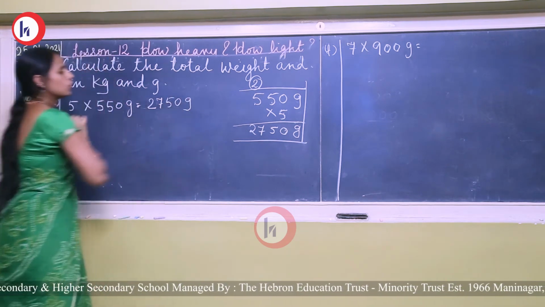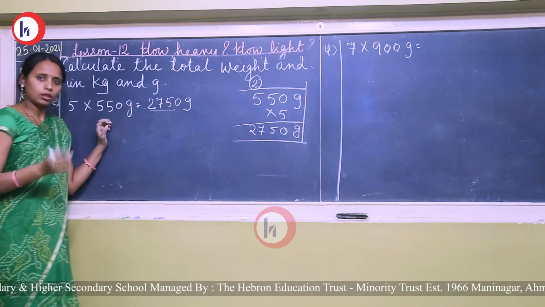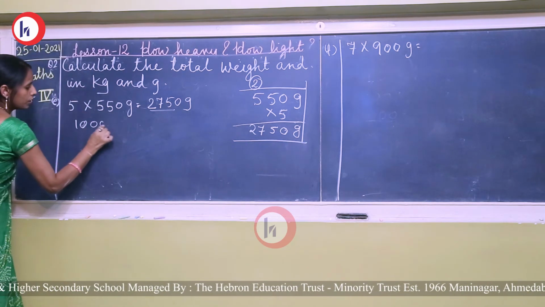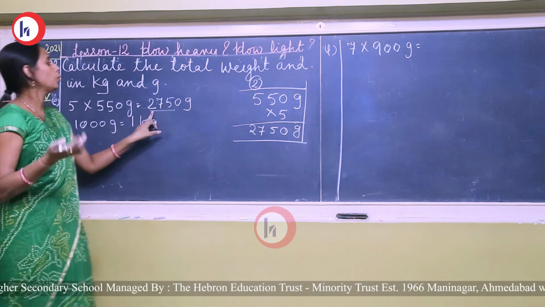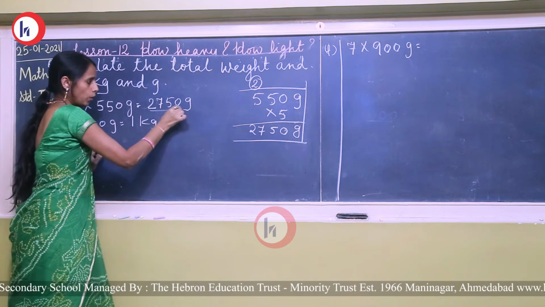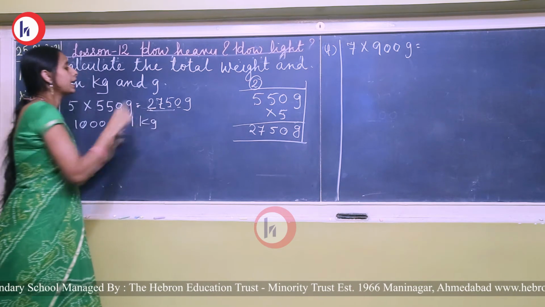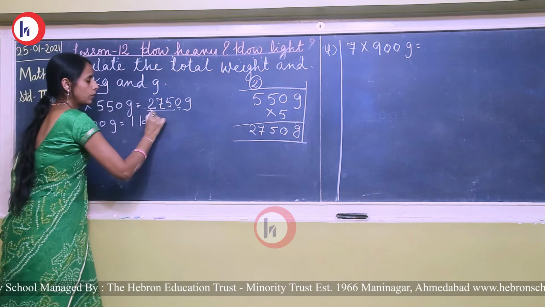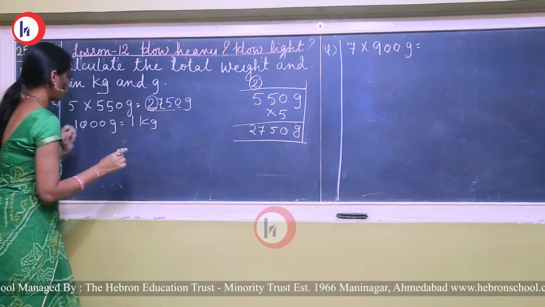2750 gram. So here you can see that it is more than 1000. तो हम इसको किलोग्राम में कन्वर्ट कर सकते हैं. So you know that 1000 gram is equal to 1 kilogram. So whenever we do it orally, कैसे करेंगे? देखो, where is the 1000 place? It is ones, tens, 100, 1000. So ये 1000 की प्लेस है, ये किलोग्राम की प्लेस में कन्वर्ट हो सकती है. That means ये 2000 है.